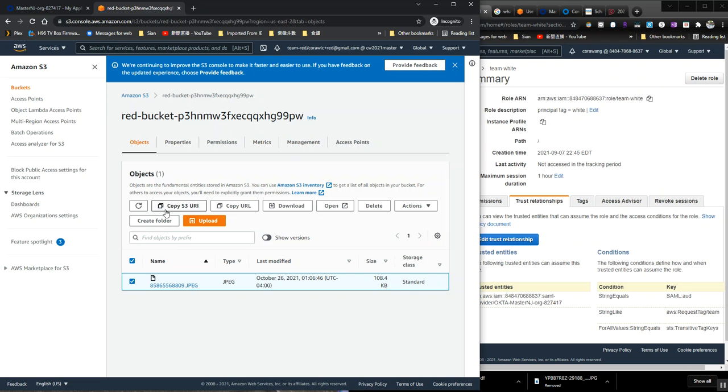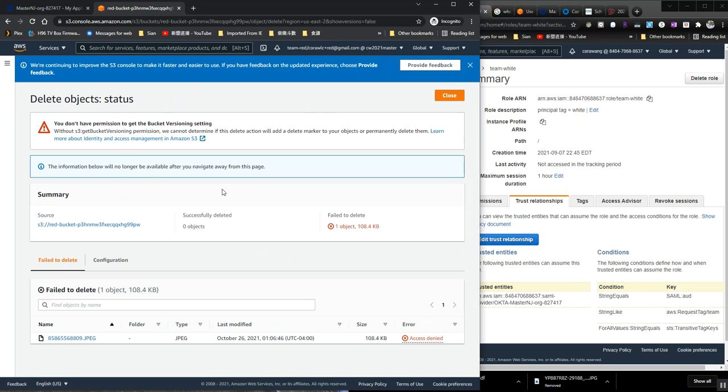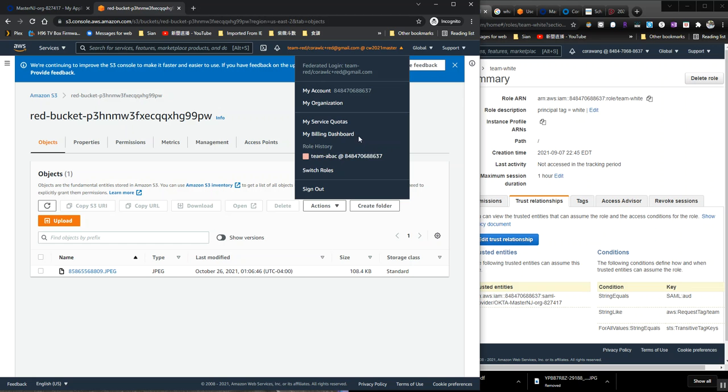So I'm going to try to delete this file. I'm going to type delete. And I get: you do not have permission for the bucket versioning setting. And I am not able to delete the object. So now I'm going to switch over to the Team ABAC